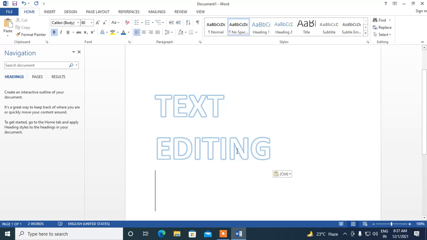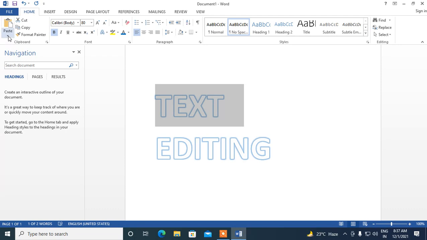Whenever we are using the copy command and paste command, suppose I want to copy, I right click and use the copy command. Copy or paste are available in which group?